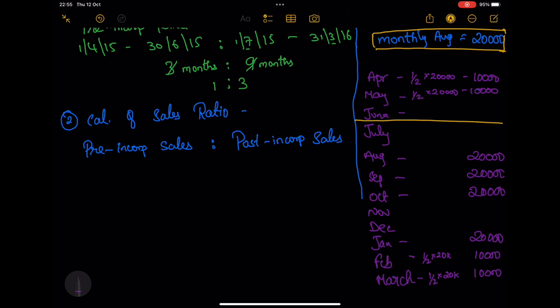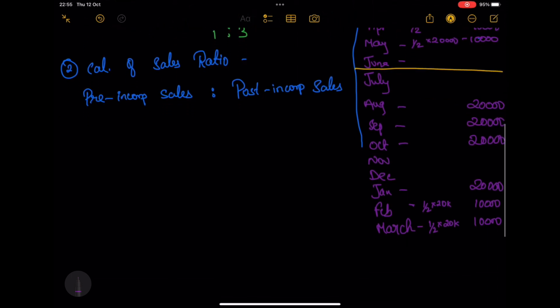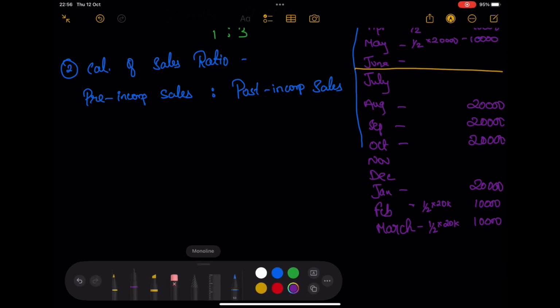10,000. See, they have given details for only a few months. They have missed June, July, November and December month value. They haven't given, isn't it? So now what we are supposed to do means we have to calculate the value and identify it. So how are we going to calculate? See,